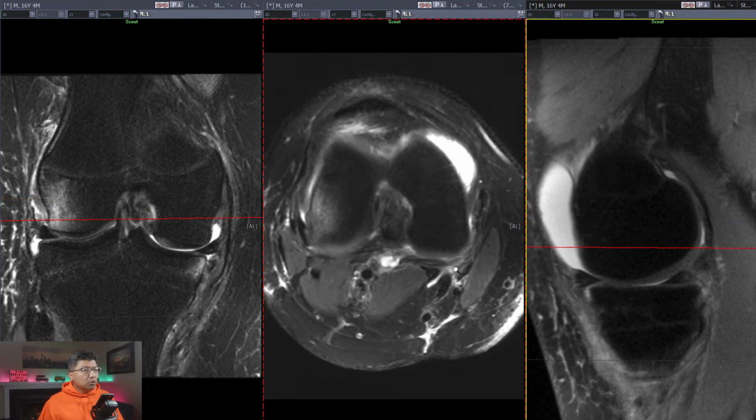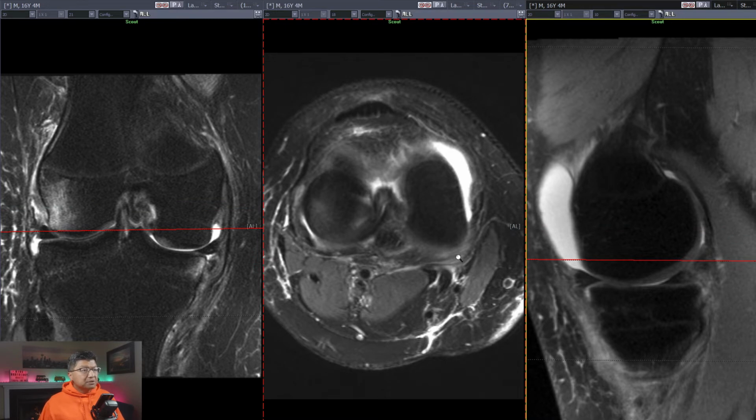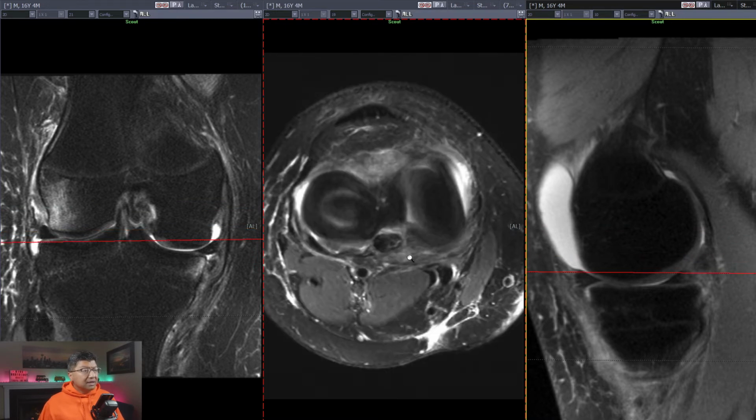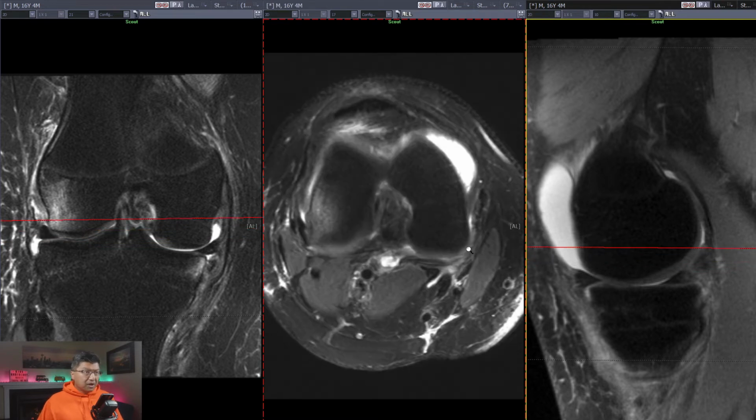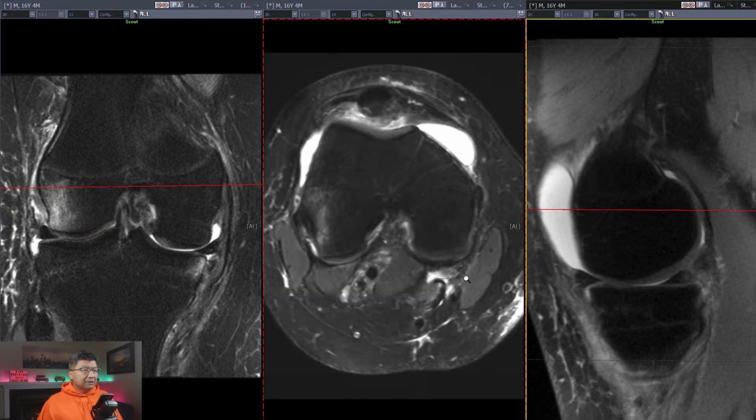But as we go more inferiorly, this capsule is very edematous here, and it is thickened and has a lot of high signal, suggesting that there may be some injury to the posterior capsule on the medial side, okay? So those are the axial structures. Now let's go back one more